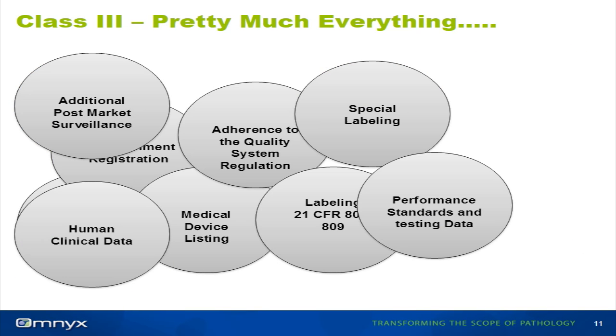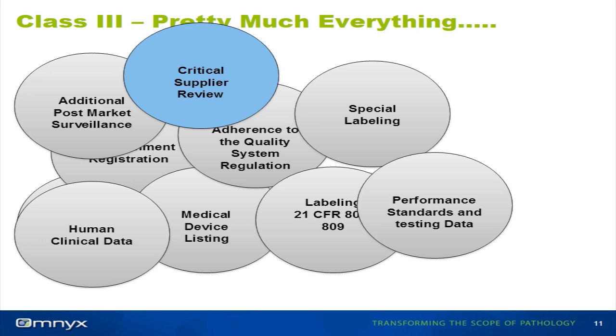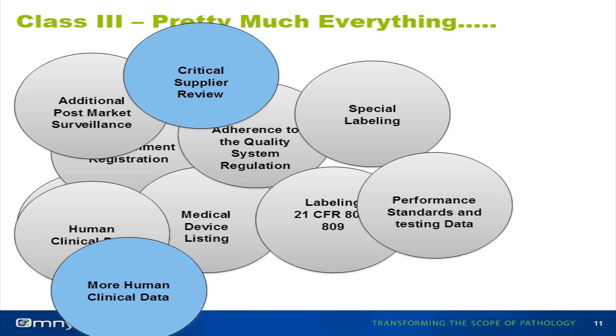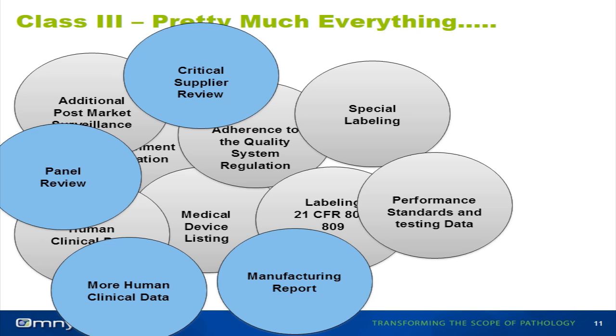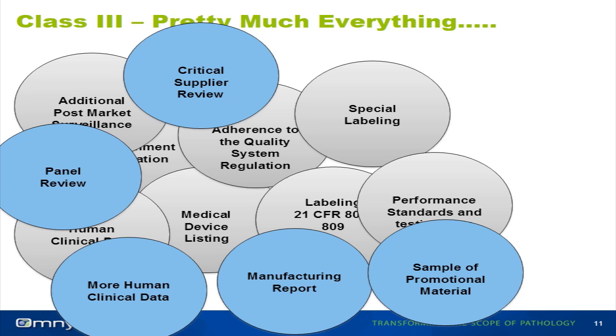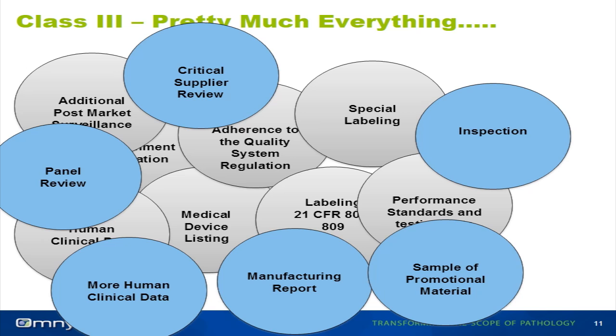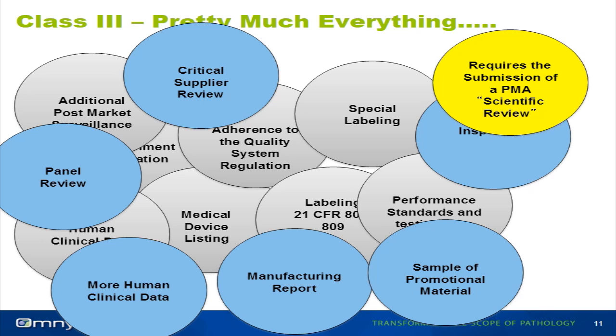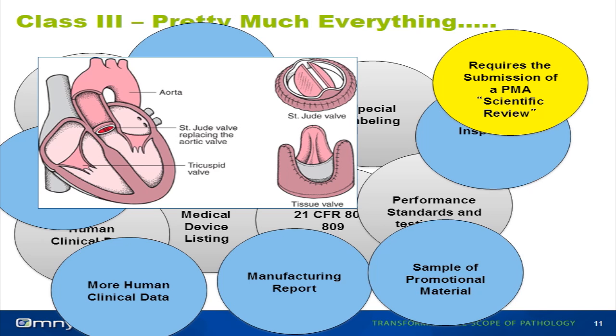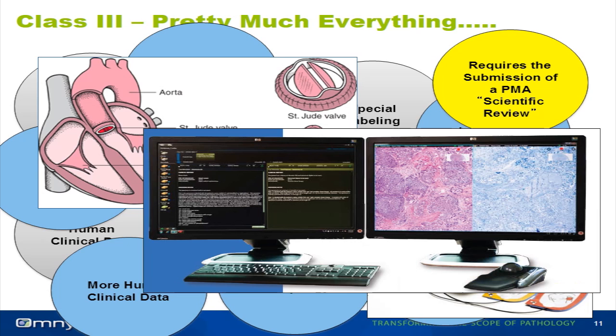So we have all the requirements for Class 2 devices, plus critical supplier review, more human clinical data, panel review, a manufacturing report, a sample of promotional material, inspections, and requires the submission of a PMA for scientific review and FDA approval of the medical device. And some examples of Class 3 devices include a heart valve, defibrillators, and the Omnyx IDP system for primary diagnostic